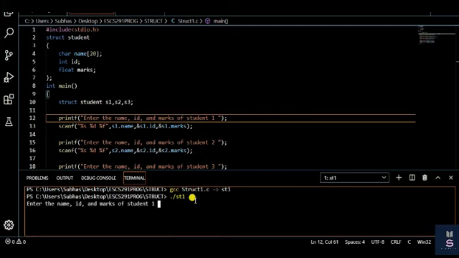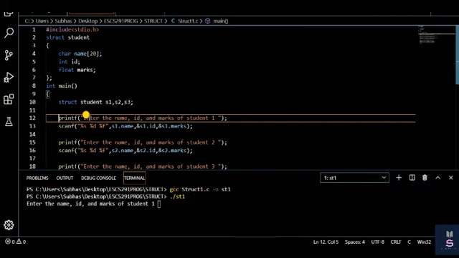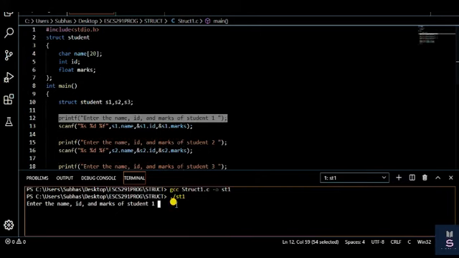So: enter name, ID and marks of student 1. This printf statement is executed. So give the name, for example, the name is Subhash, ID is 1, marks is for example 57. Next, enter the name, ID and marks of student 2. Sumon, ID is 2, marks 95.